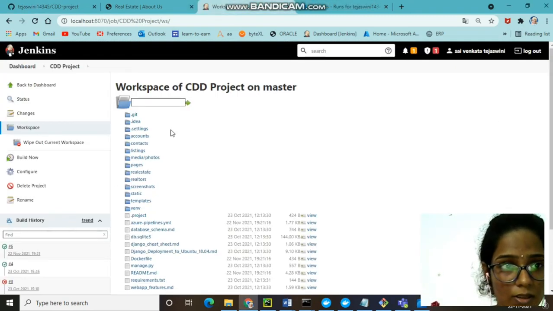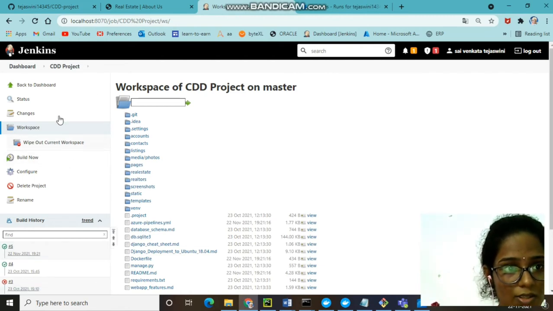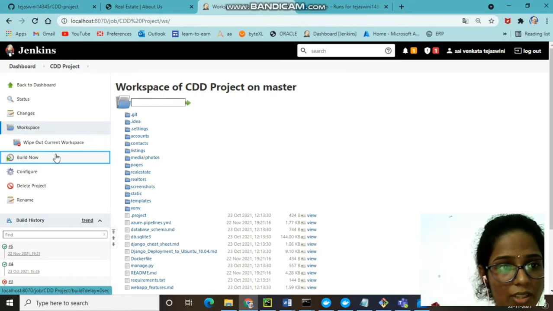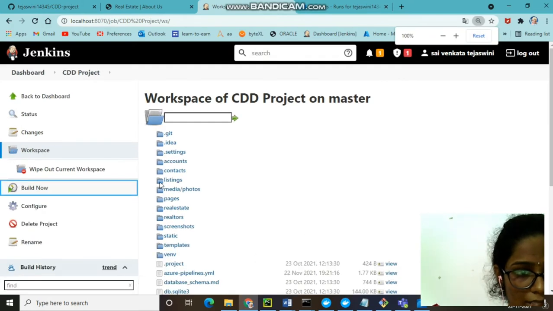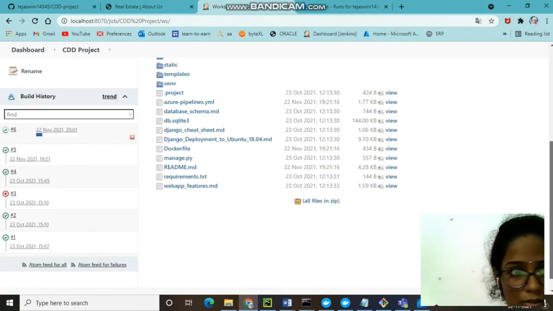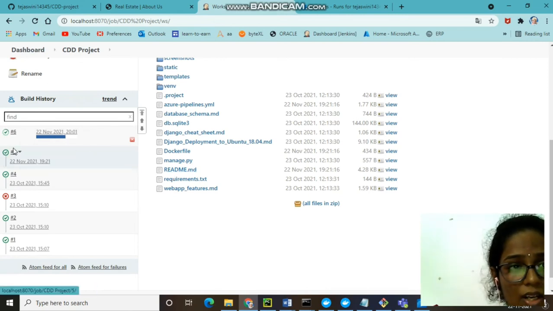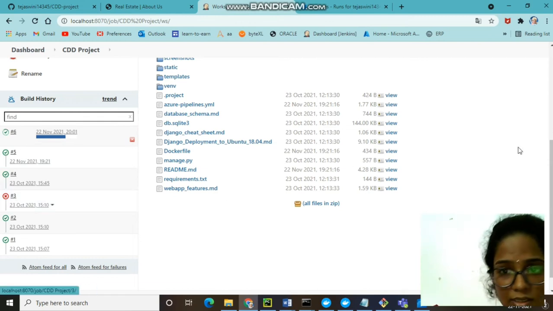So I cloned the project in Jenkins also using commands. If we need to run the project, we need to click on build now. So here my build is running. When the build is successfully run, we can see a tick mark here. If it has any errors, we can see the cross mark like this.